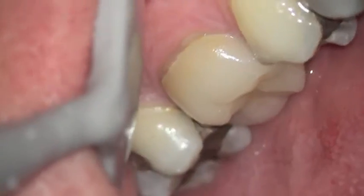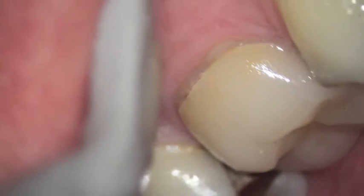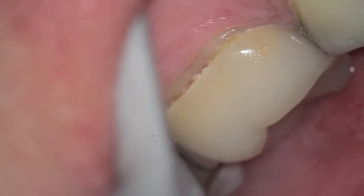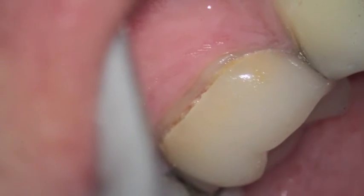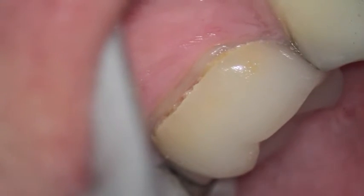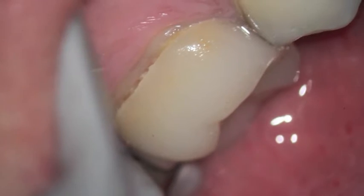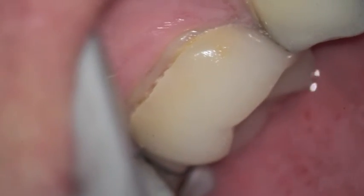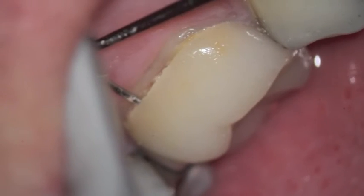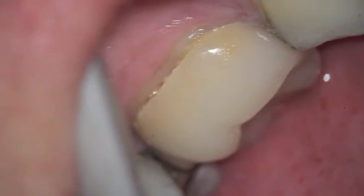There are many cements where that wouldn't happen, but in this particular case, the fit of the crown was truly relying on the cement, and you can see the opening that's there. The problem with doing this is that this particular tooth had a root canal on it, so the patient's never going to feel any pain if there's any recurrent decay that occurs underneath the crown. And when that happens,